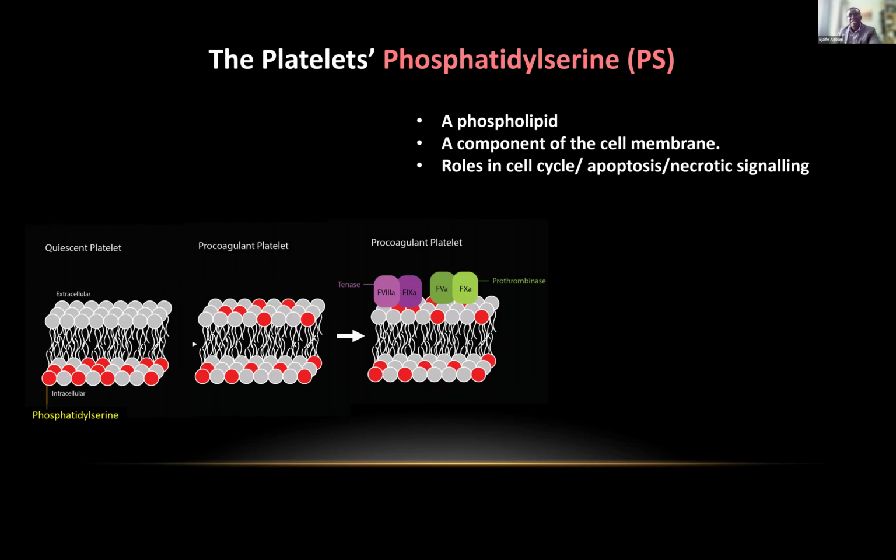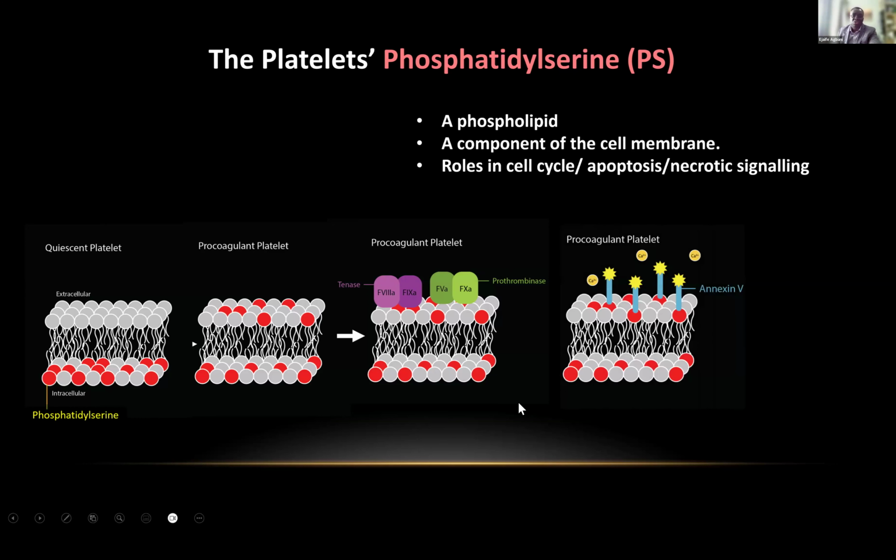This is a catalytic site for the docking of coagulation factors that are already in the plasma and in flow. So now they can dock on the platelet. So we have activated factor 10, the convertase complex that we know is needed to drive thrombin generation. So when this happens, the platelet essentially becomes a hotspot for thrombin generation. Now we can track when a platelet becomes procoagulant in our experiments in vitro by monitoring the binding of annexin 5, a protein that binds very strongly to phosphatidylserine. Then we tag annexin 5 with a fluorescent probe so we can see spatially where this is happening on the platelets.